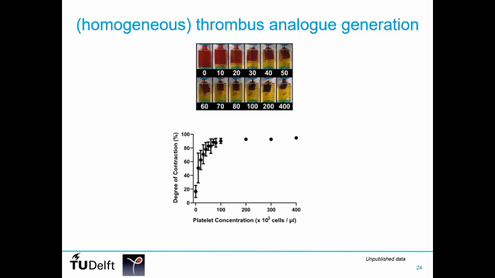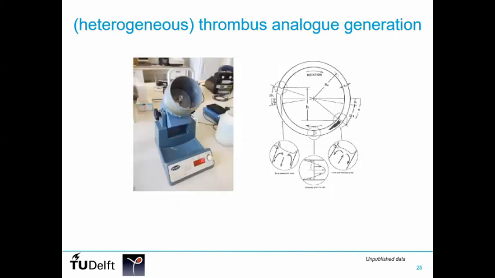So that's the homogeneous part. We can make them, we can play around with the content, we can play around with the contractility, so that gives us the tools to try to capture the relationship between microstructure and mechanical properties of these specimens. Of course, we also want to explore a bit how these heterogeneous thrombi can be made,